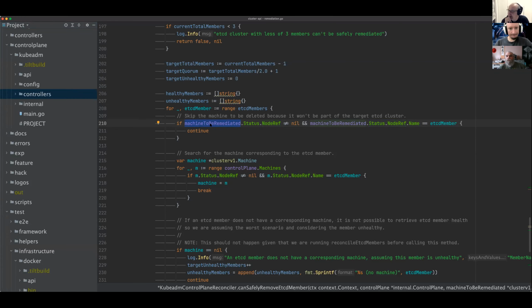Another thing that I got asked recently is about CAPD and the disk space being consumed. This is not really a problem of CAPD. It is a problem of Docker. But with CAPD, if you test a lot with CAPD, the problem is somehow annoying,